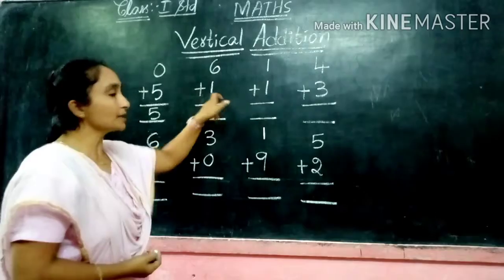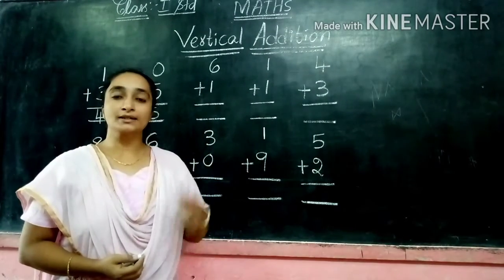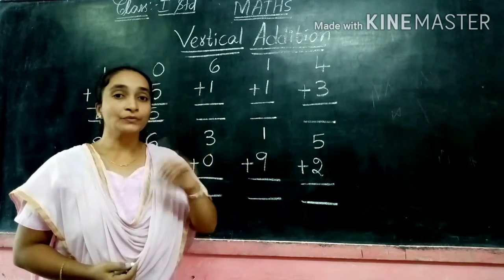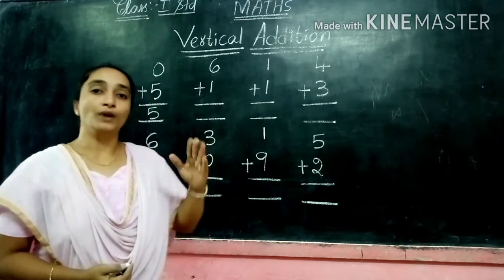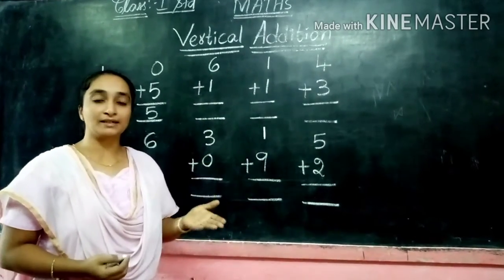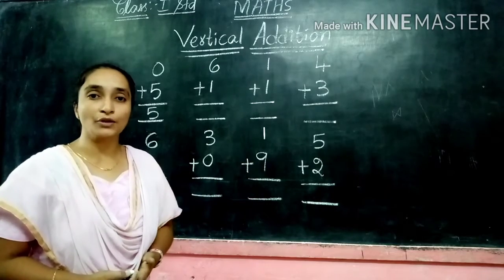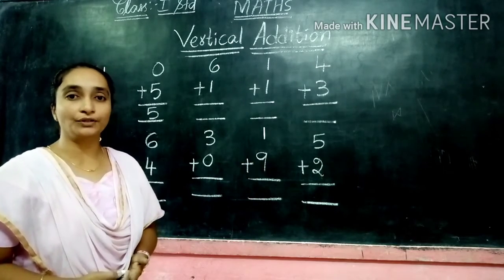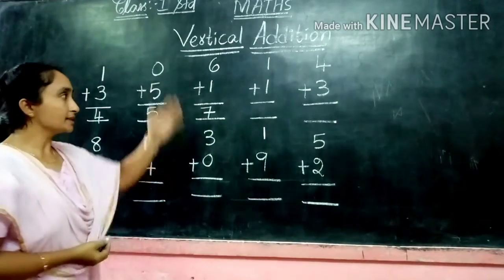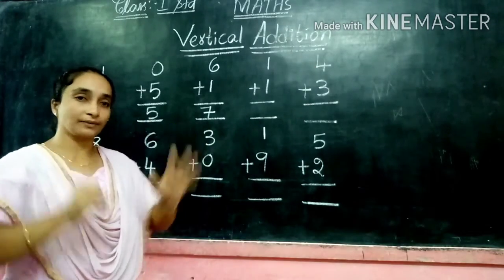Now 6 plus 1. Here again we are adding 6 plus 1. 1 we are adding to the 6. So if you add 1, yes, this number, so here we have the 6. The number that comes after 6. So what is the number that comes after 6? Yes, after 6 is 7. So the answer will be 7. 6 plus 1, 7.